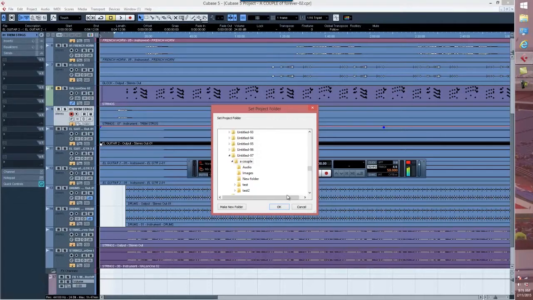Everything is stored in one folder, so that when it loads it up, it's only looking in one location, and it's going to pull everything out of that folder, and any changes you make will be made to those files in that folder. So there's no chance for the program loading up a different file because it has the same name, and then any changes you made are not there. So